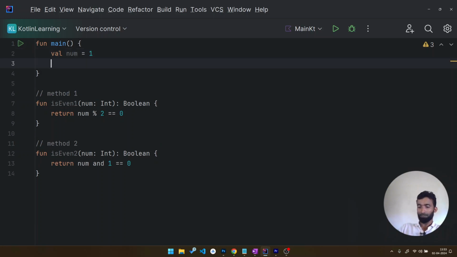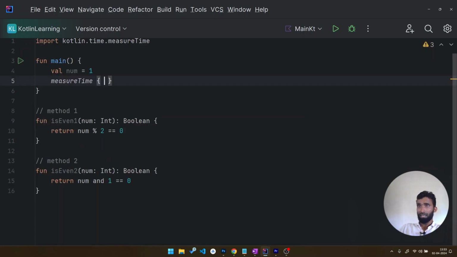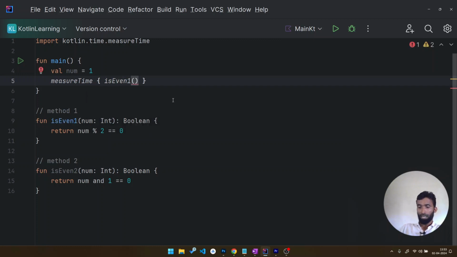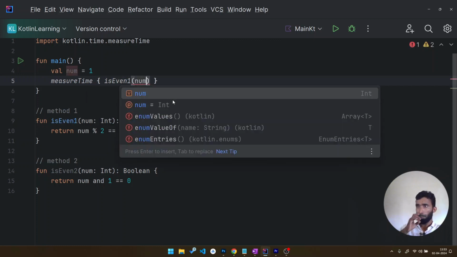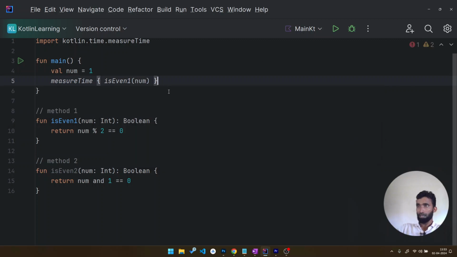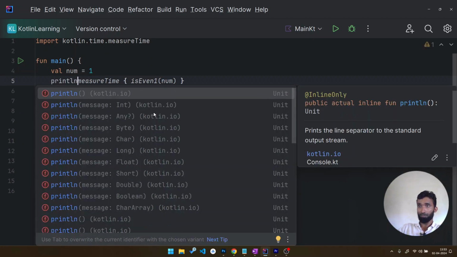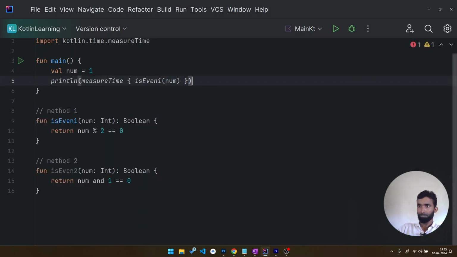So let's get started. Here we have the measureTime method, and it has a lambda, and we are going to be providing our function here, isEven, and we pass the number as an argument, and we will print the entire result to the standard output. Okay,